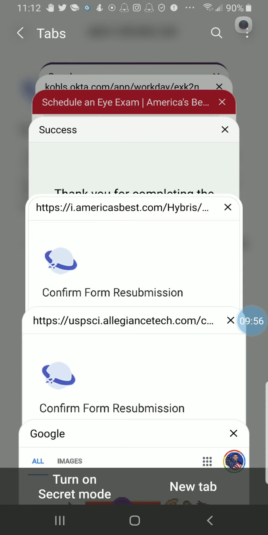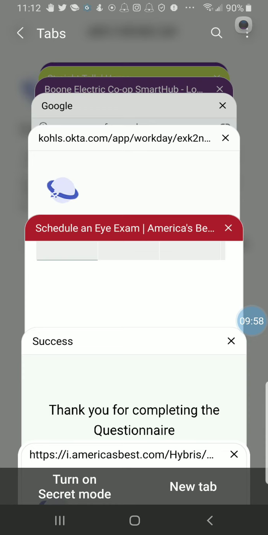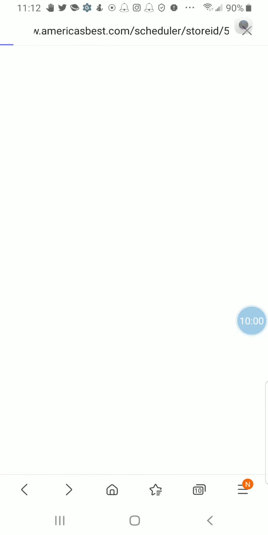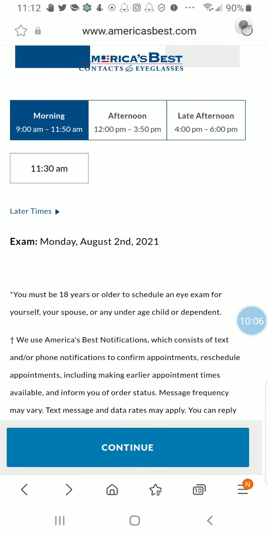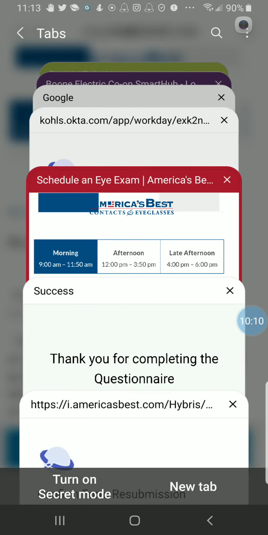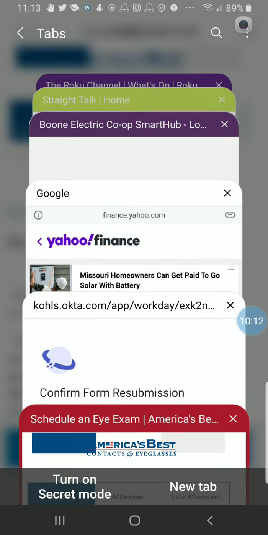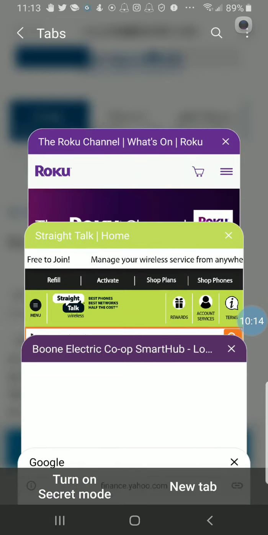At the same time, if you're trying to schedule an eye exam or something like that, there's America's Best right there. You've got America's Best right there, and also your bill, and the Roku. Let me show everybody the Roku.